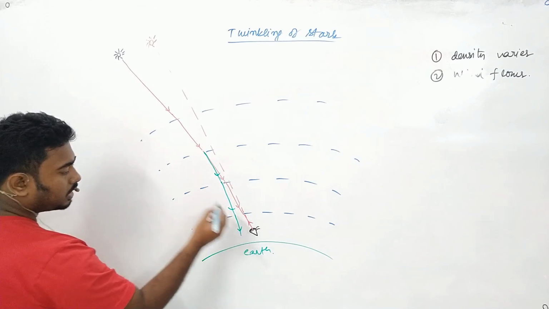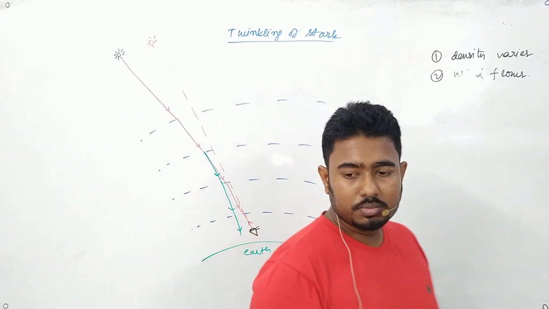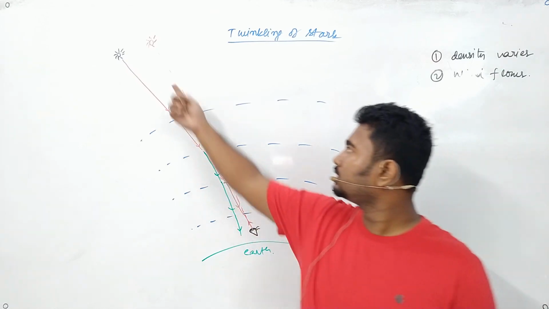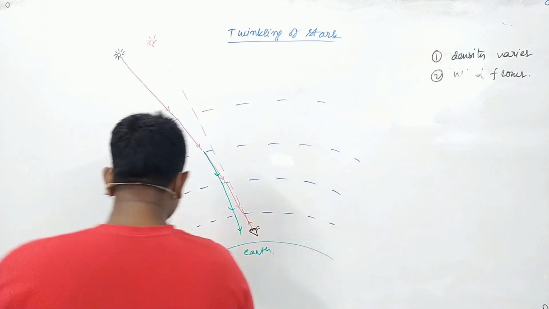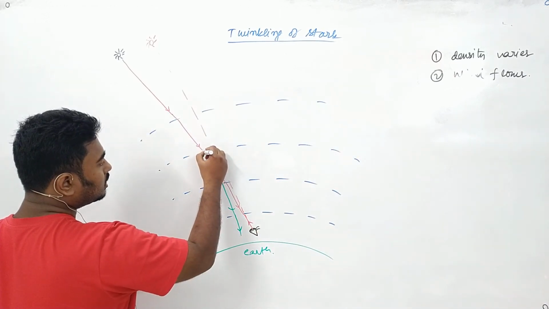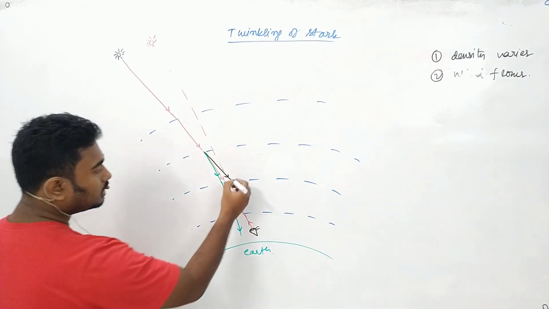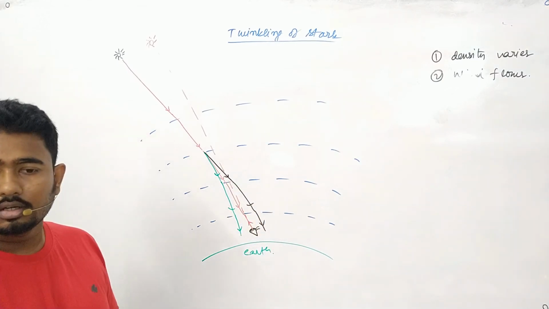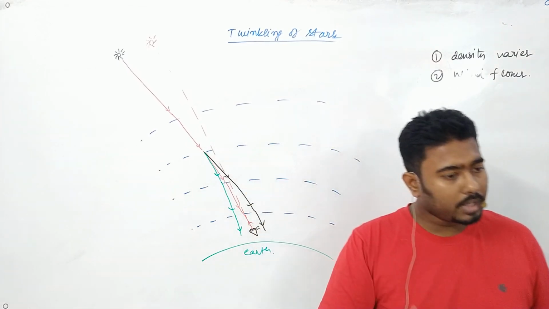If it increases, then will the ray reach my eye? At that instant it does not reach my eye. Will I be able to see the star? No. Then for this reason we are seeing a gap. There is no star. Now it may also happen that the density has decreased, so the ray may go like this. Then it may come like this. Is it again reaching my eye? No. Then will I be able to see the star? No. That means in this case also we will see blank.